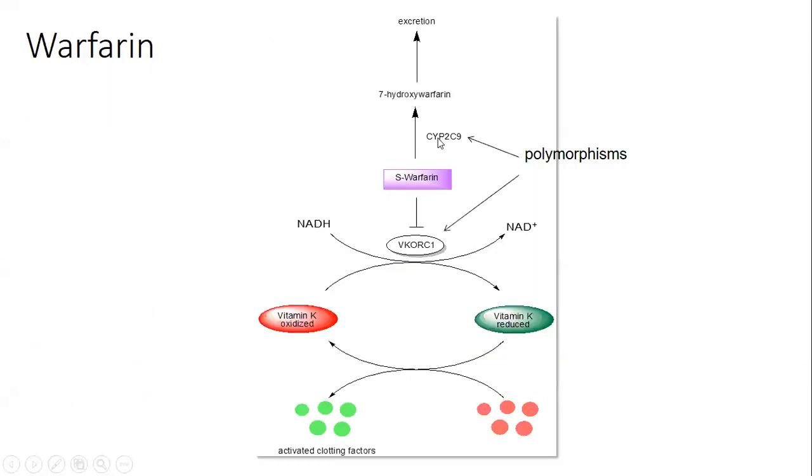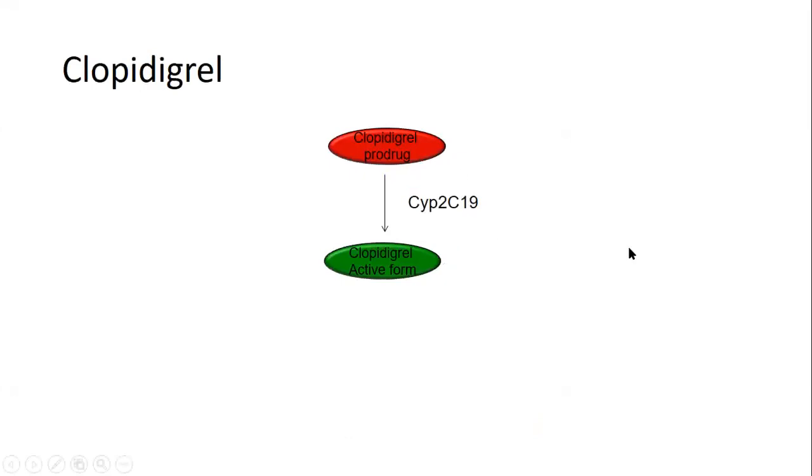Warfarin is metabolized in part by CYP2C9, and also there's a polymorphism in its target, VKORC1, which affects the degree to which the warfarin actually is effective. And you can predict an individual's responsiveness to warfarin then by genotyping this VKORC1 and CYP2C9. Or clopidogrel, an antiplatelet drug, is really inactive until CYP2C19 activates it. And if you have a variant in this, it will cause you not to activate it, and you won't respond to the drug.